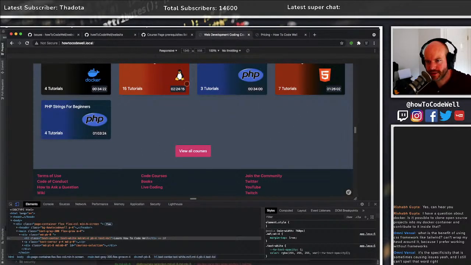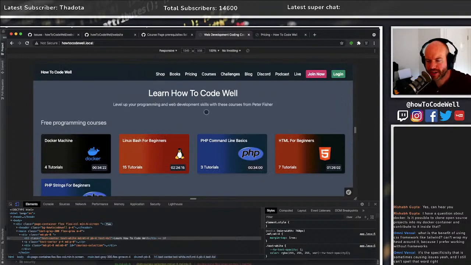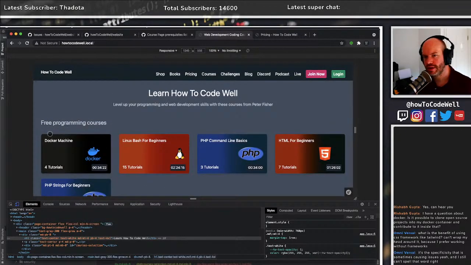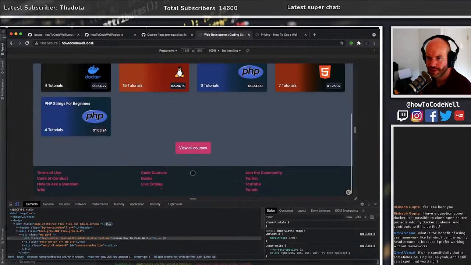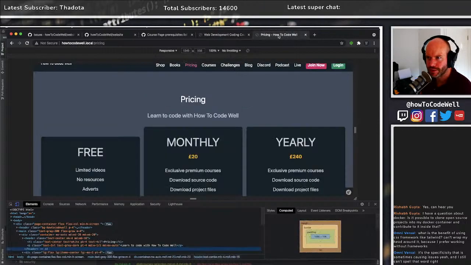So this is stuck down to 5, whereas we actually have 16 in total. Some are yet to be put on, but maybe I could have a Docker strip and a Linux strip and a PHP strip. Maybe do it by tags. I don't know. Lots of ideas in my head at the moment. But anyway, that's not what we're doing today.